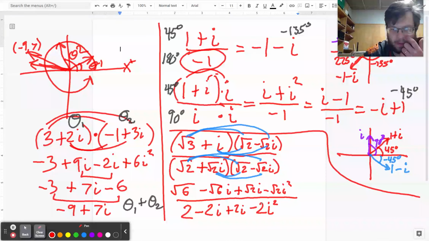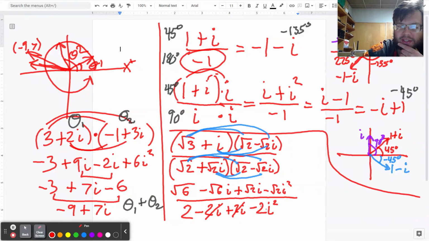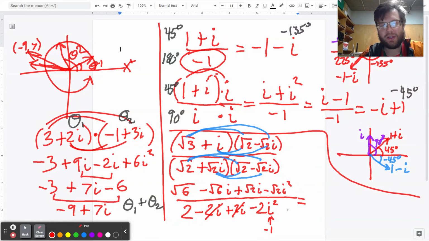Pause for a second. Think what cancels out. Negative, positive. i squared is negative 1. So that actually counts as a plus 2. So here's what we end up with. I'm going to simplify the top because I don't know some of those numbers off the top of my head. Square root of 6 plus square root of 2 means I've got, if I do that,